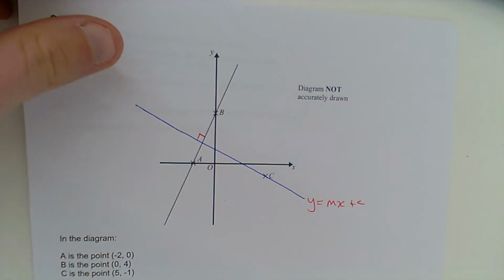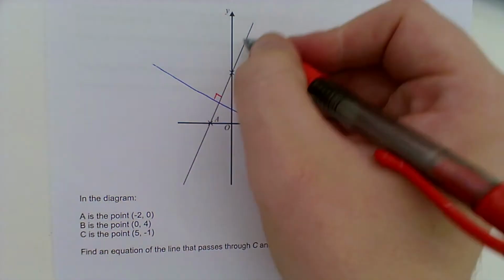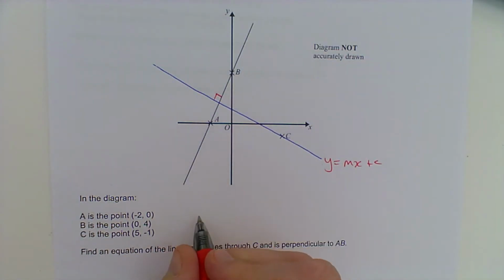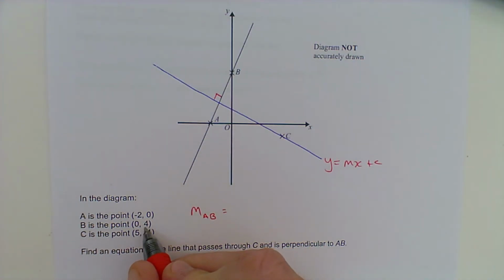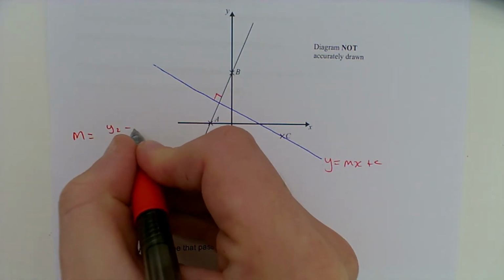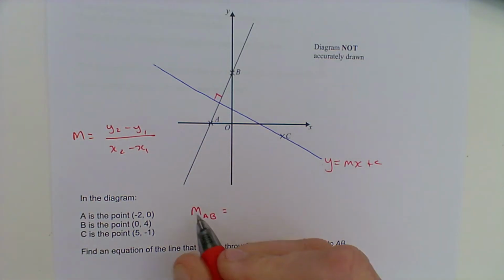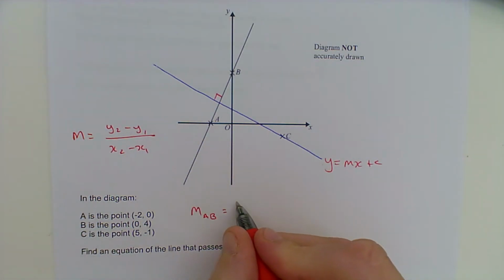So the first thing I need to do is find the gradient. To find the gradient, I've got 2 points, so I can find the gradient of this line. The gradient of AB, I'm going to do it up here. If you remember, the gradient is y2 minus y1 over x2 minus x1. So it's going to be 4